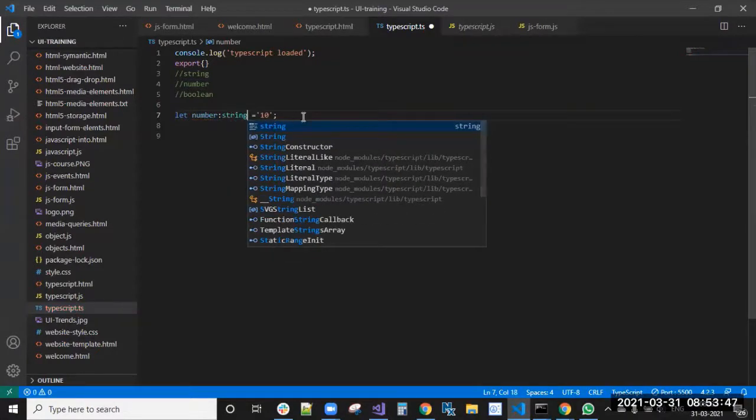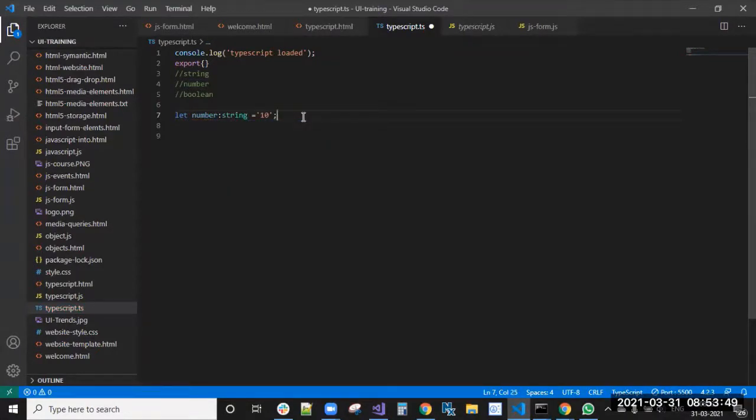Later they made it dynamic typing. Dynamic typing means if you are assigning a value to the number, then it is automatically assigning the type number. If you are assigning a string, automatically it is assigning the type string. So in that case, you don't require to assign the type. Automatically it is assigning let number colon string. So dynamically it is assigning the type string.